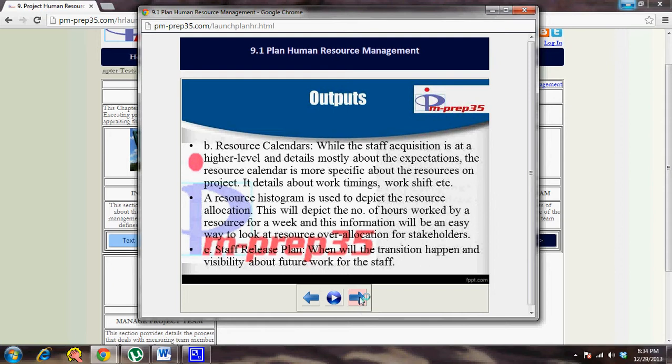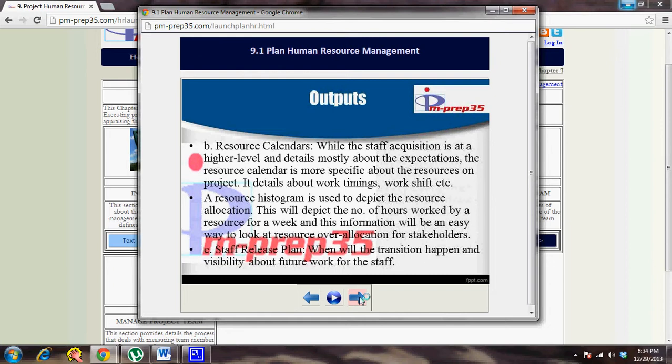Then you should be in a position to document their resource calendars. Resource calendars is nothing but in what time frame of the project, how much time they should spend on the project. So you probably do it side by side with your WBS, or you have an idea of what resource should spend in what time of the project, when they should be involved, and per week how many hours they should spend, whether it's part time or full time, what time zone will they work.